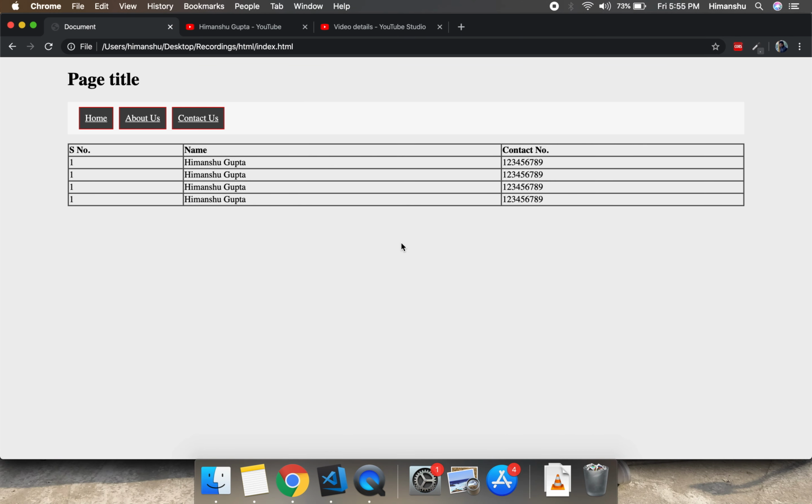Save it and reload it. Okay, as you can see, that spacing is removed. And now what more you can do is add the space. Now you can see this content is very much attached to these borders. Okay, you need some spacing